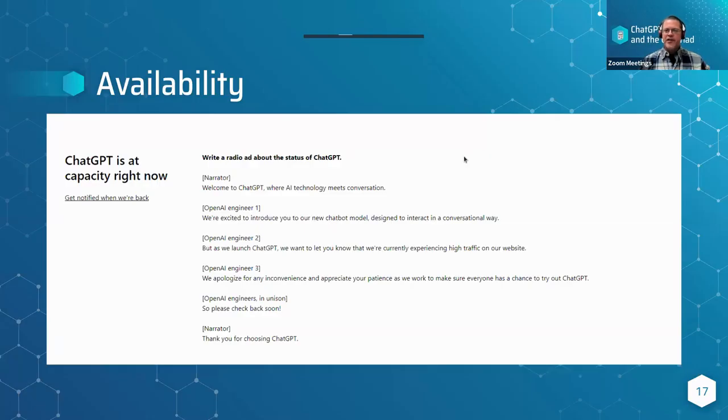Okay, so availability, and then I'll be done, and I want to hear what you guys plan on doing with this thing in the future. So for availability, I just put this up here because this is what I see most of the day. The only thing I want to say about availability that's important is I've seen a lot of stuff on LinkedIn lately where people are pushing PD programs and things to buy about how they are experts at ChatGPT.